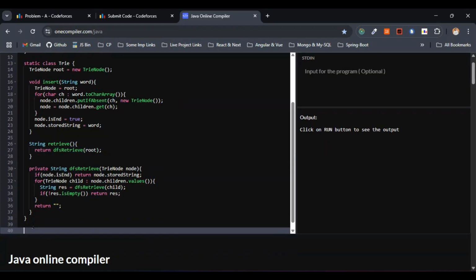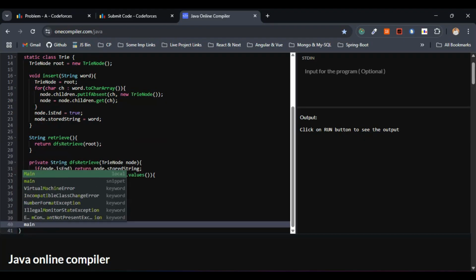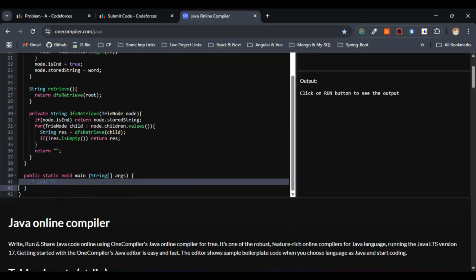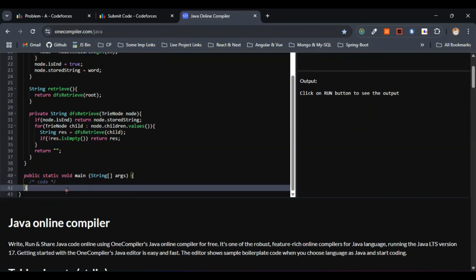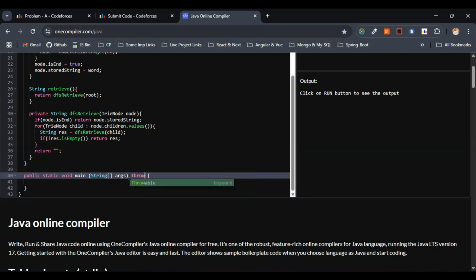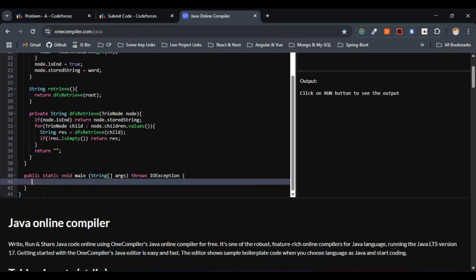Let's move on with the main function here. Let's move on with the main function, right? So I'll just give main. Initially main function consists of the input output part, right? Let me remove this one, and also let me make use of here throws input output exception. This is fine. So within this method, within the main function or the main method, so what we will be